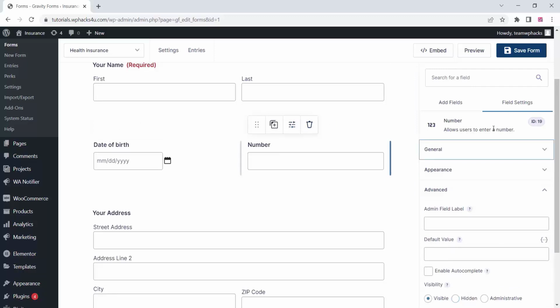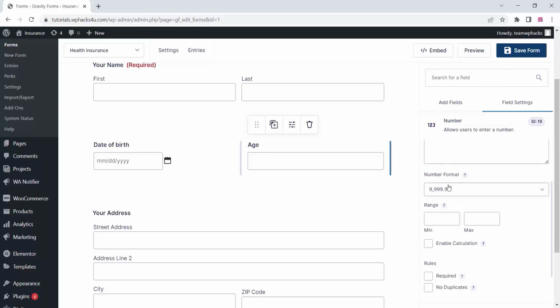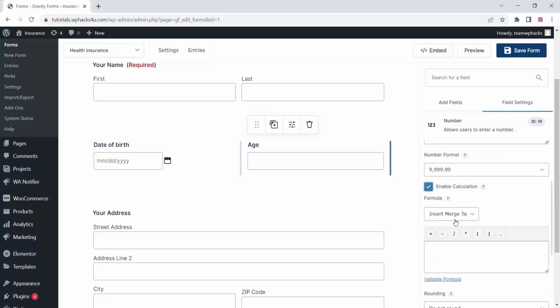Now go to the number settings area and click on general, and you can change this field label as age. Also you can add descriptions and the number format, etc. And you can add the ranges, minimum and maximum, and enable calculations. And you can just type the